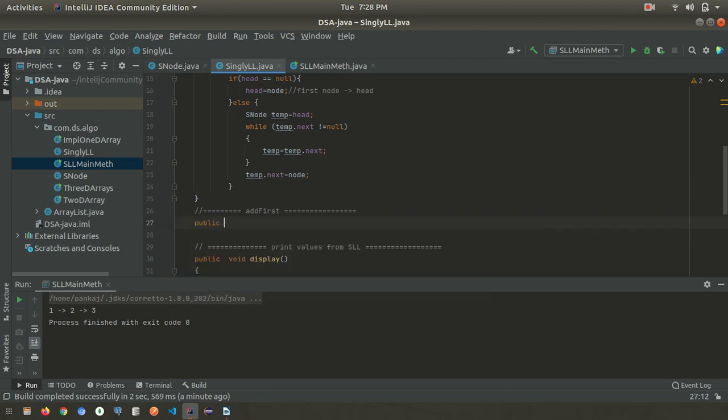So public void add first, or add start, with integer data.